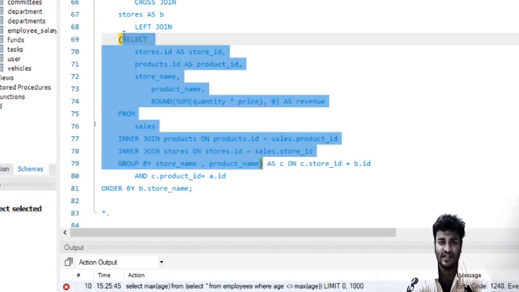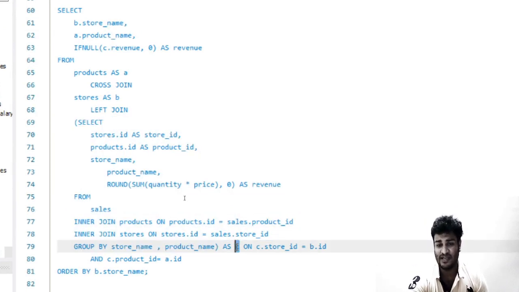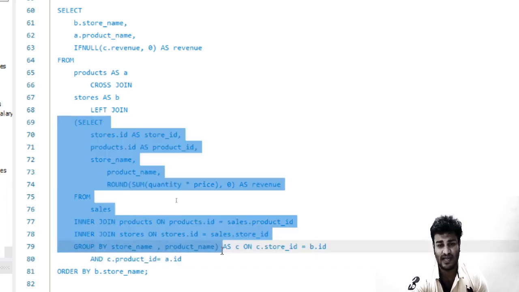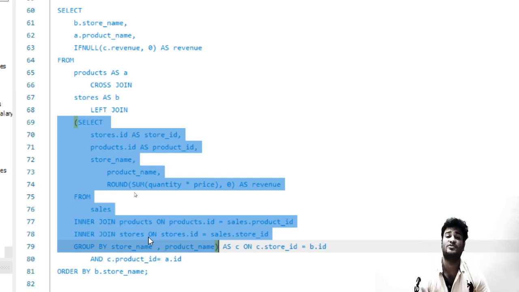So at first read this query. Whatever table has been extracted from this query is actually the derived table, and it has a derived name, which is C. So this is the derived table, and after understanding this table, you can say that this table combines with product, combines with store, and at the end we see all of them and fetch the result. So the agenda of this training was to make sure that you understand that at first you need to dig inside and see the inner query, then move out of each of them and then go to the outer query at the end.